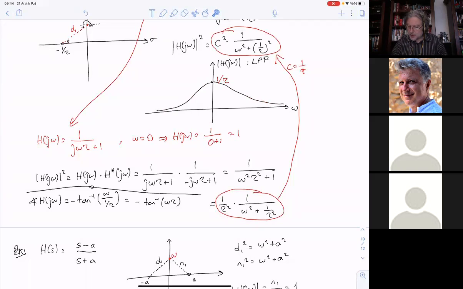So let us start from here. We know that when omega is equal to 0, it's not 1 over tau, it's 1. I'm correcting it for the third time. When omega is equal to 0, it is 1 over tau square over 1 over tau square, which is 1. And when omega is something, we come to a certain point,